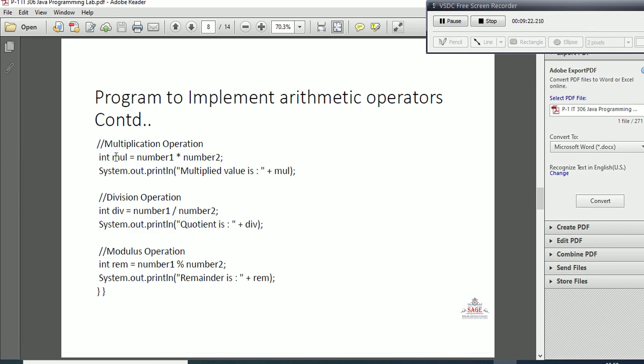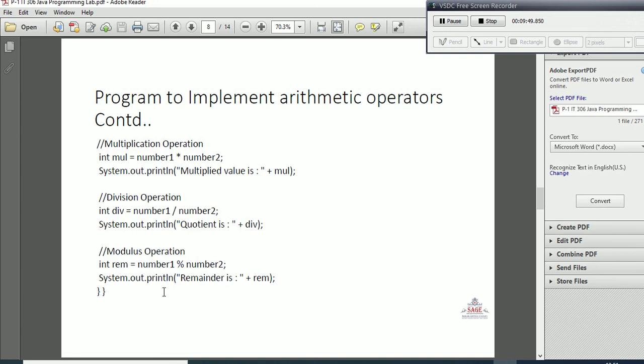Now this is the multiplication. Same way, I take one variable, mul, which is again of integer type, and I multiply the two numbers, and same, I print the value of the multiplication. Then the division operation. I again declare one variable, int div is equal to number1 divided by number2, and the quotient is div.